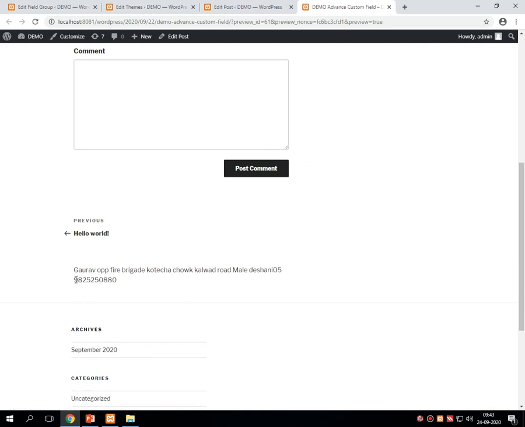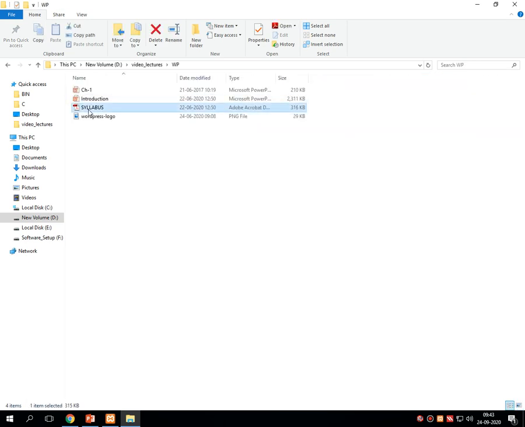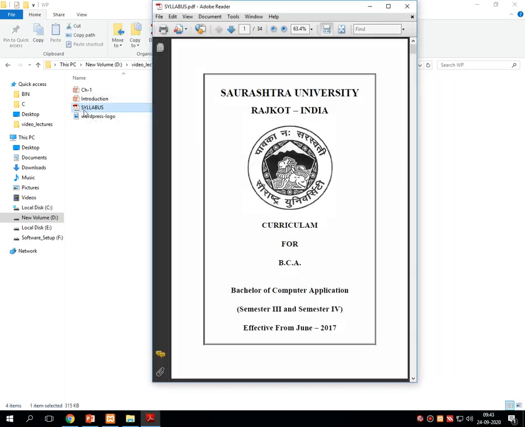You will get the number you have entered into the post. So in this way we can use advanced custom field options. I hope now everything is clear related to the advanced custom field.